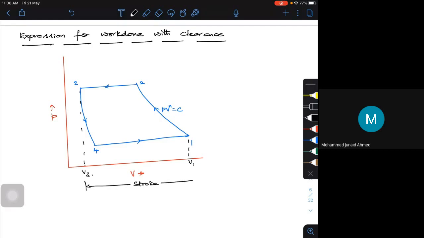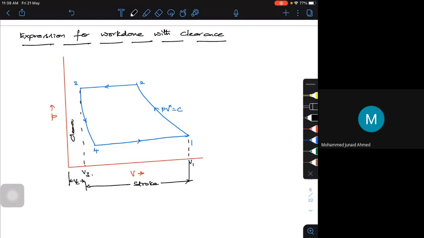Okay, this is your stroke. So V1 minus V3 is your stroke volume. And what is your V3? This is your clearance volume. So V3 is your clearance volume. That means if I try to write this particular thing, here I have my